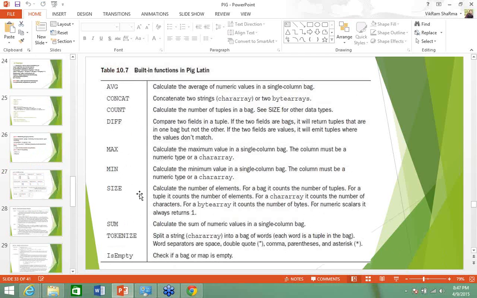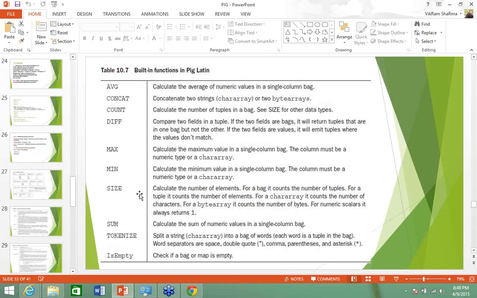Suppose you have a tuple or a bag; how many elements are present in that bag, meaning what is the capacity? The capacity and size are both not the same. Whatever elements are present inside the bag will be returned by the size function.